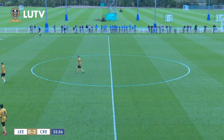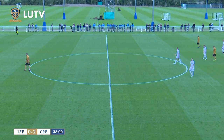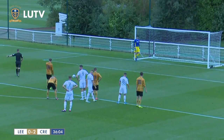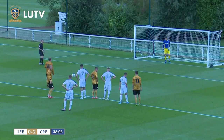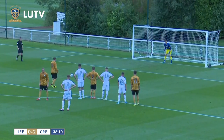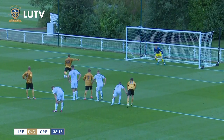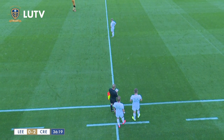I think it was a mixture of McCalmont and Douglas trying to bring Finney to the ground. He's got up off the floor, converted. Meslier just trying to play a bit of mind games, taking his time to get to the goal line. Oliver Finney was given the go-ahead, and like his first goal, he puts it into the right-hand side of the goal, and Leeds